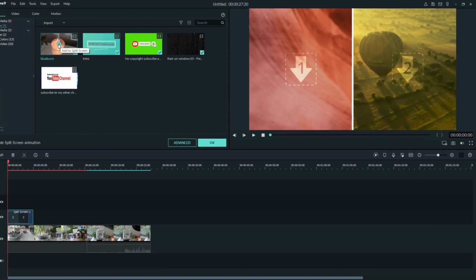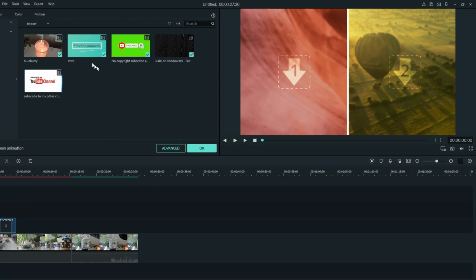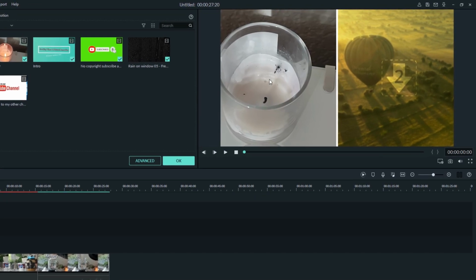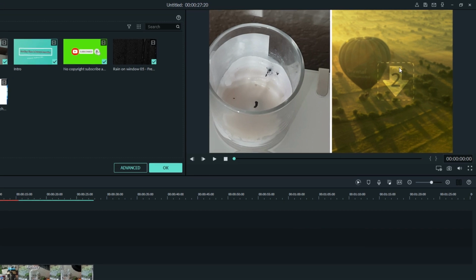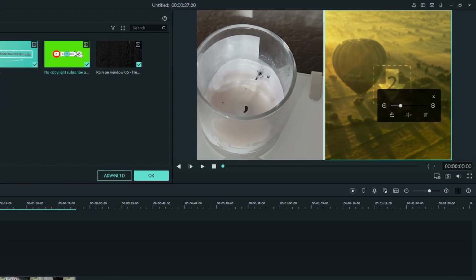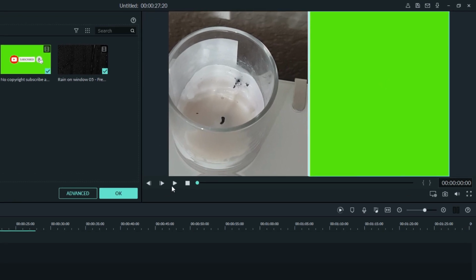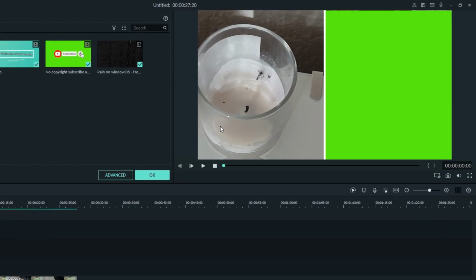So this is basically the window for all the media that you have. You click in here, and this should literally come in here, and then if you want to bring another one in here, then you want to select that video and it should just come in here. I'll just do a little play and you'll see. Okay, so if I just play that,